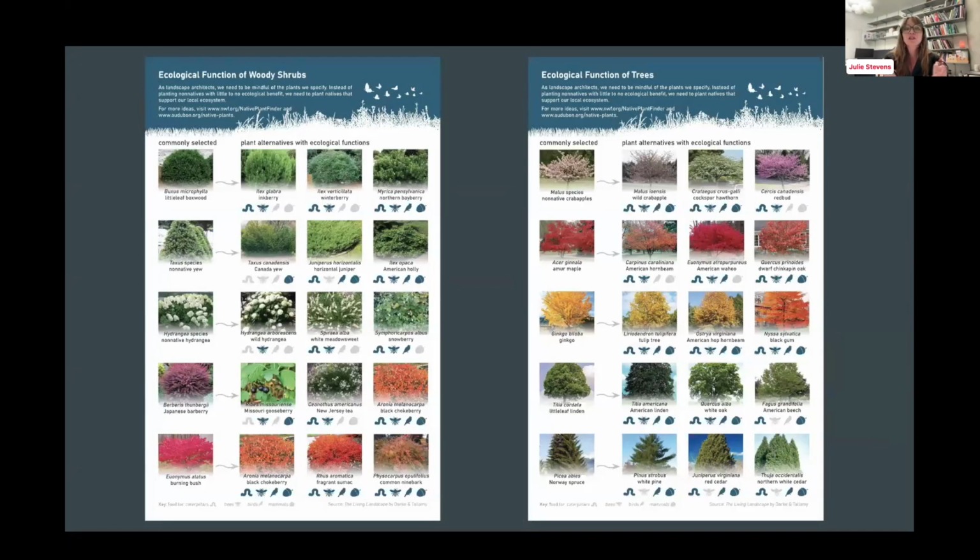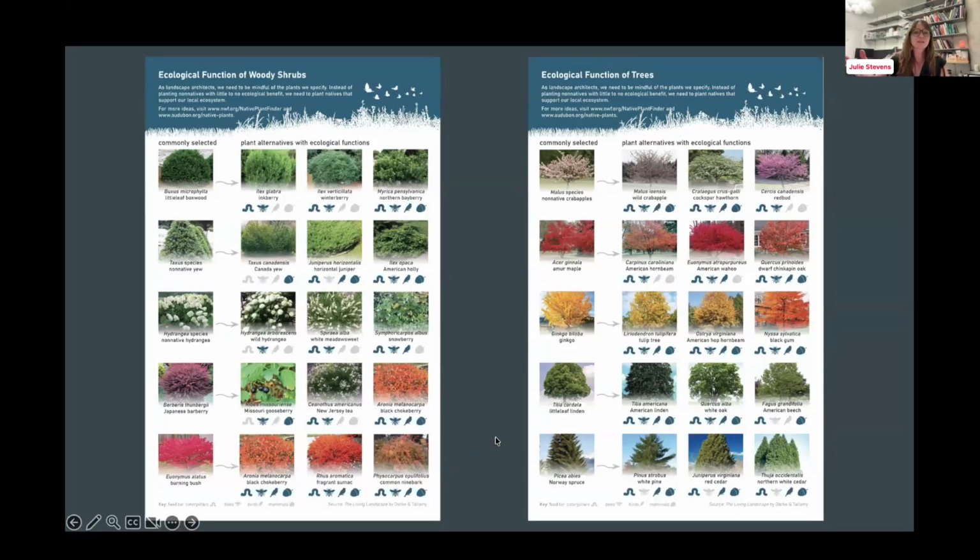Okay, now I want to switch gears here. Looks like I'm doing okay on time. These are a couple posters I had students make a year or so ago, and I call it "plant this, not that." Again, you'll have access to these slides. I can even give you the 11 by 17 versions of these, Alicia, if you want to distribute them.